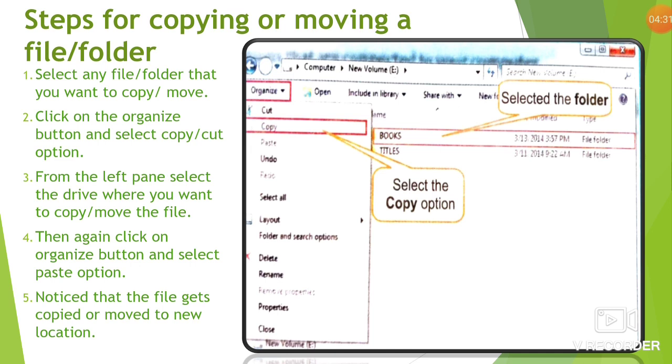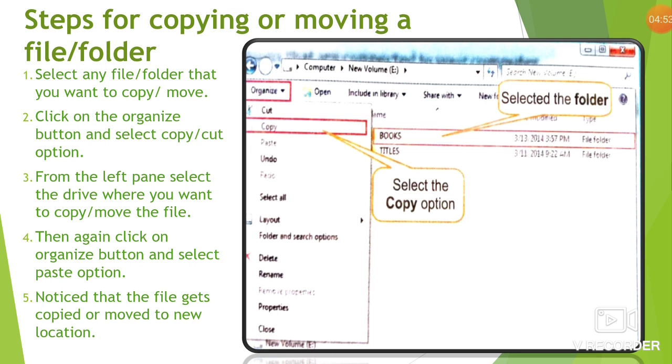Then see the figure, there is an Organize button. When you click on this Organize button, a sub menu will appear in which cut, copy, delete, rename, and many other options are there. So if you want to copy your file, select the copy option. If you want to move your file, select the cut option.